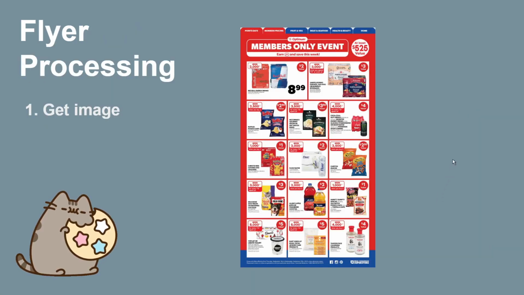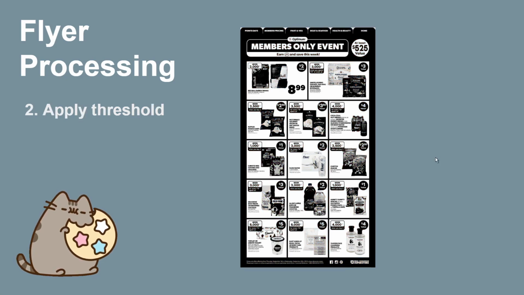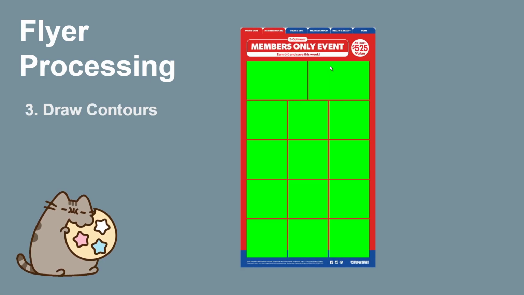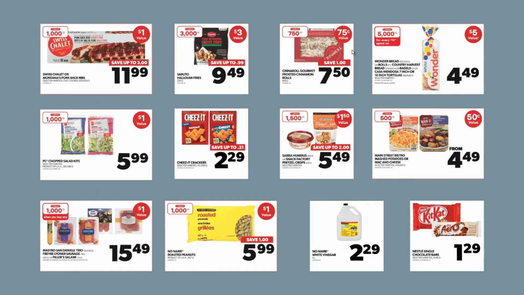So first, when we're processing the flyers, we start by getting the image. Then we use OpenCV to apply a threshold, which makes it black and white, and clearly makes distinctions between the two. Next, we draw contours based on those distinctions mentioned before, and the image is cropped based on those contours. We crop these images because it is more useful for the OCR, as if they're grouped together, the OCR will read all of the text in that one area, and it'll be difficult to decipher what specifically each section is,